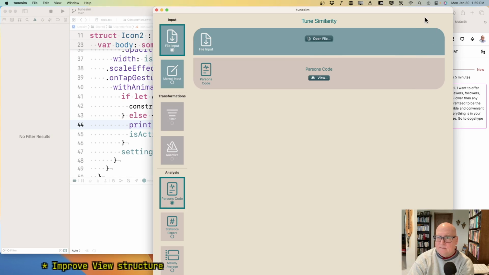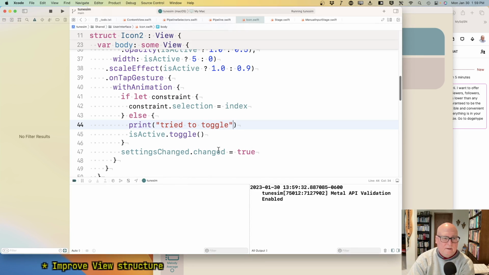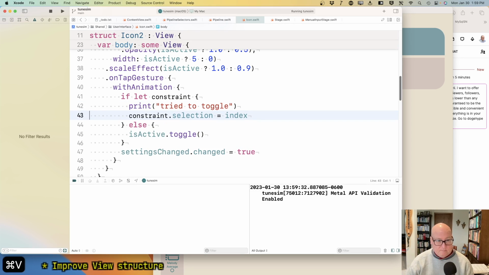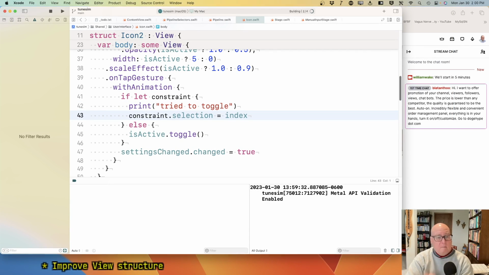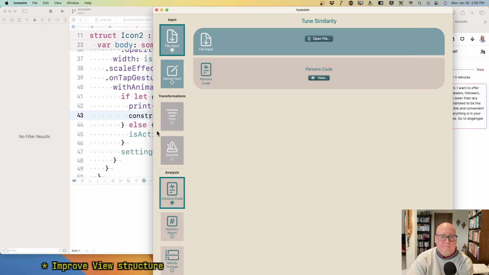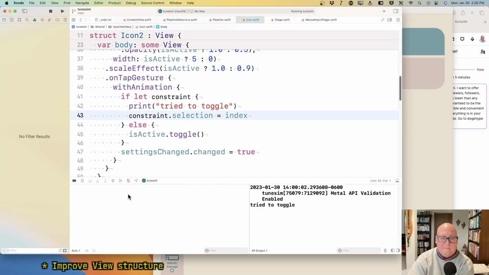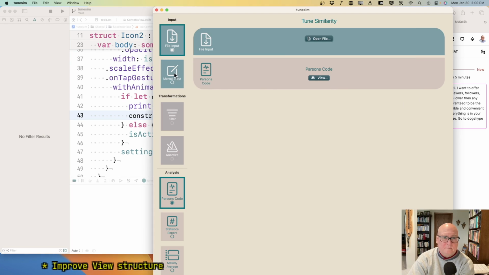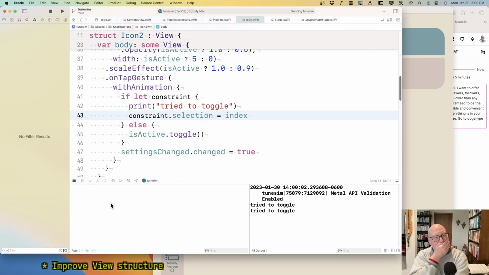Oh, didn't even get there. Huh. Oh, it has a constraint, so that one wouldn't happen. Well, interestingly,